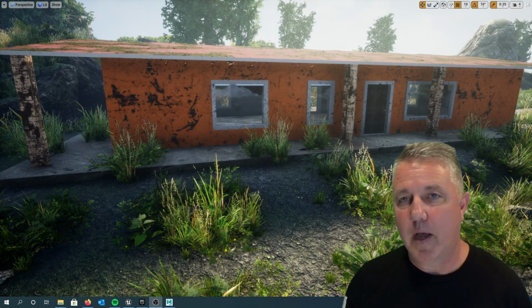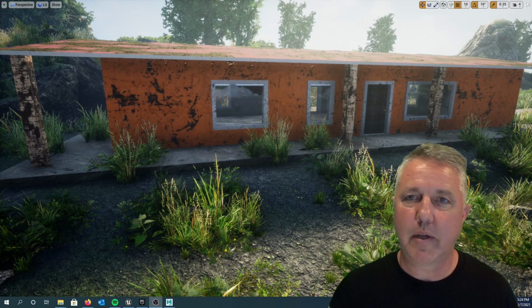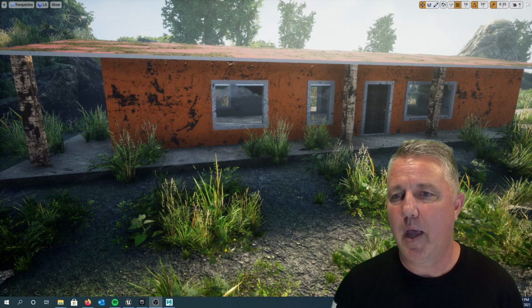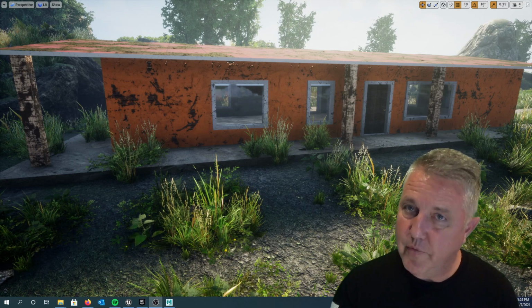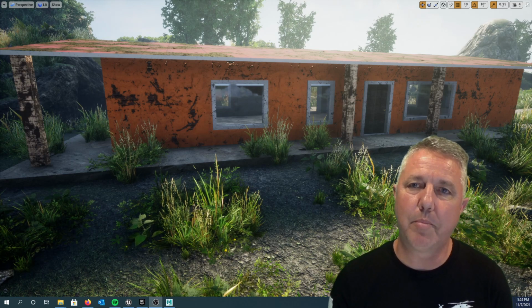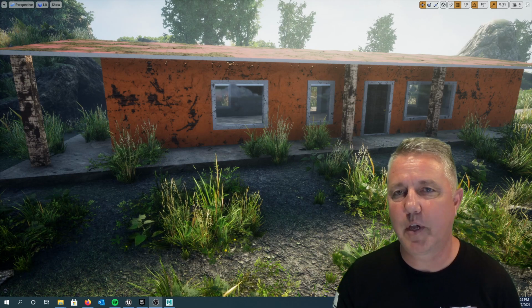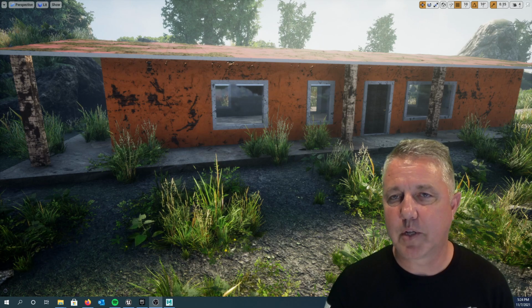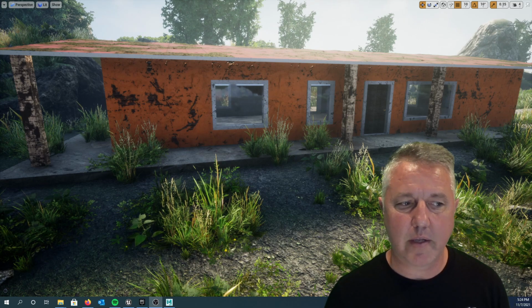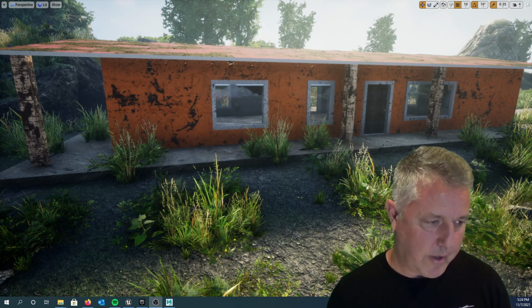Okay, now my house has the worn textures that we created in the last video, and well, the video before last, because in the last video we actually took the house, put it back into Maya, set up all of the textures and rendered it out in Arnold. In this particular video, what we're going to do is take it and set it up so that